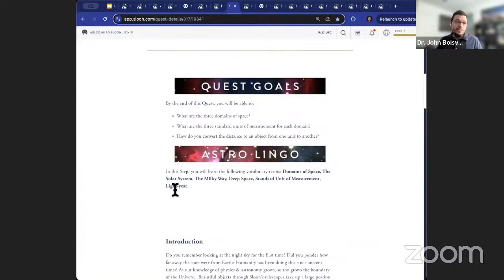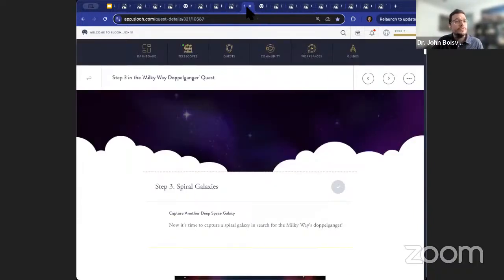They're indicated at the beginning of each quest, and they're clearly defined at the end of the quest as well for students. And along the way, students are assessed on their understanding of these terms through various questions. Now, like I said, I'm going to jump between a few quests to show you some of the activities that students do. So I'm going to jump now over to one of my favorite quests, the Milky Way Doppelganger quest,